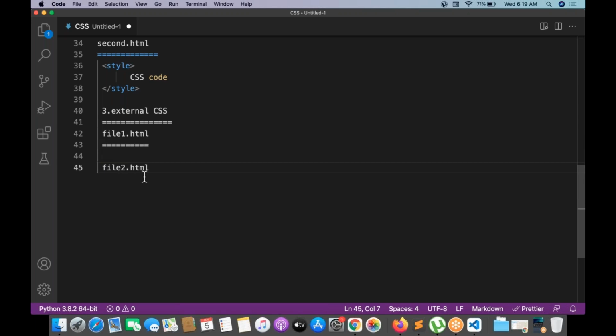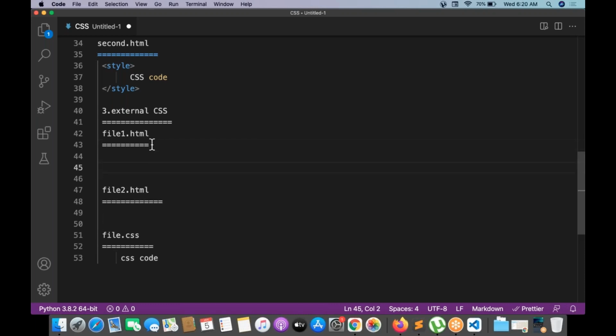So what I want to do is I just want to give the CSS file separately, file.css. This time .css. In file.css, I'm going to be writing all the CSS code. And this file.css needs to be integrated into file1.html and file2.html.